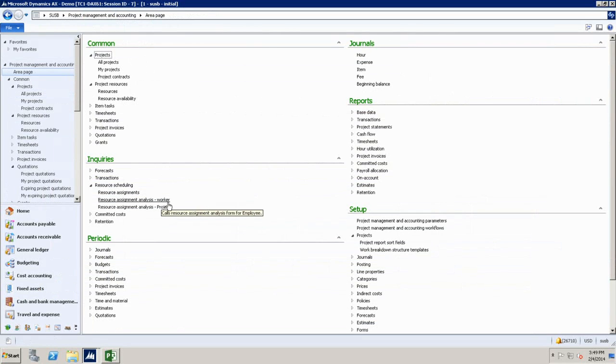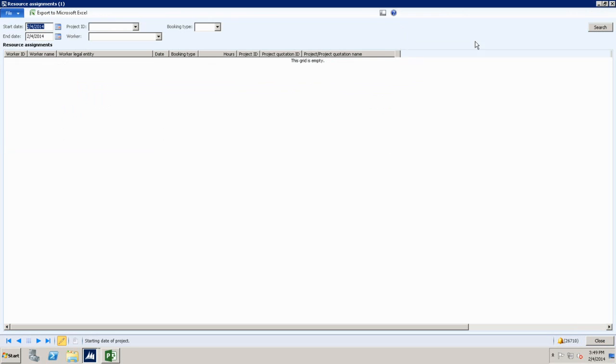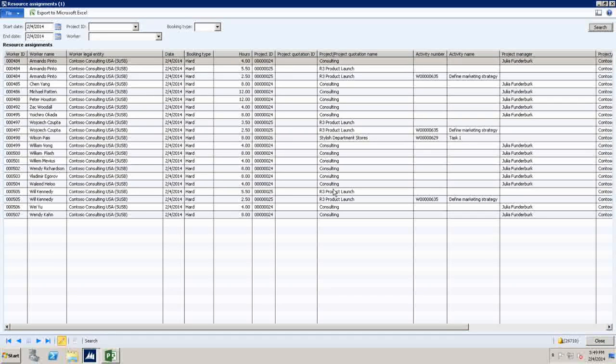So the question was, where is that view or report or inquiry that shows me the resources, their utilization, and what they are doing on how many work they have been assigned to? And the answer is the inquiries that we have built. 3 different inquiries we have. The simplest one is this one, which simply shows you a list of workers, as you said, the legal entity that they belong to, the type of booking they have, the projects that have them booked, the name of the project, which activity they are working, who is their project manager. So it's kind of simple consumption of their capacity across multiple projects.